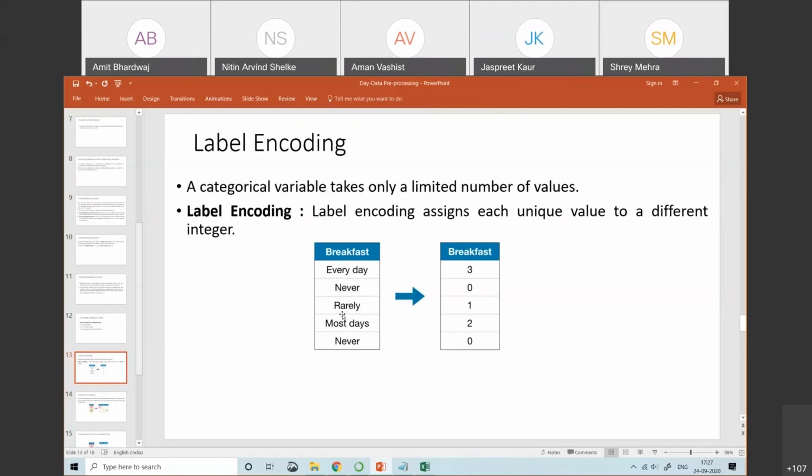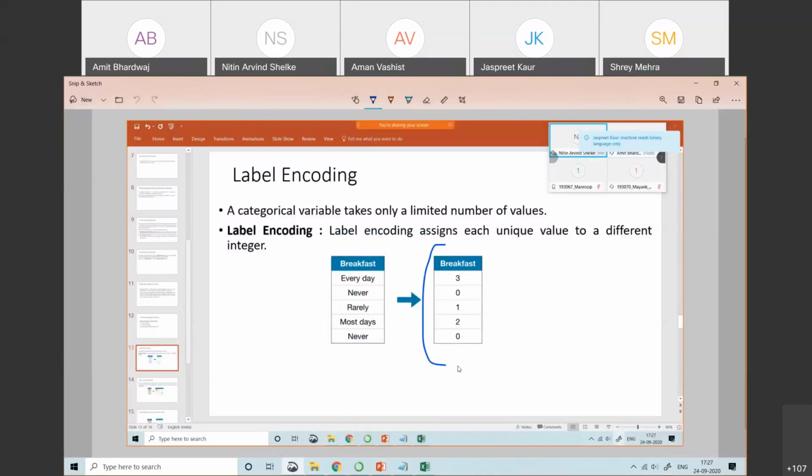Because somehow I have covered that part also while explaining label encoding. The problem associated with label encoding is why we move to one hot encoding. Anyone from the class? Okay. So the problem with label encoding is that